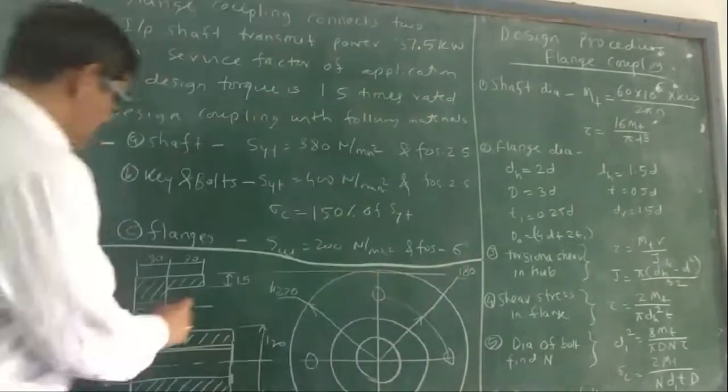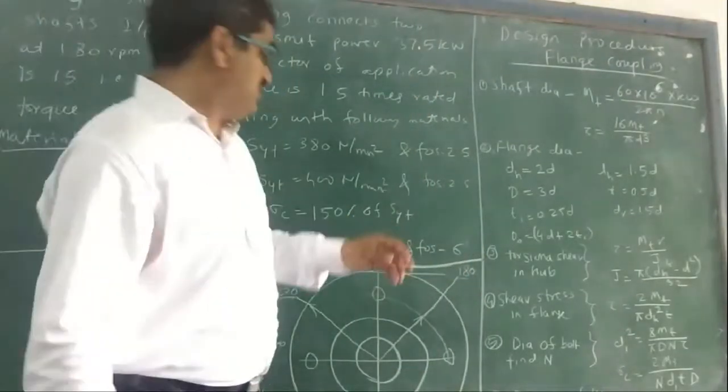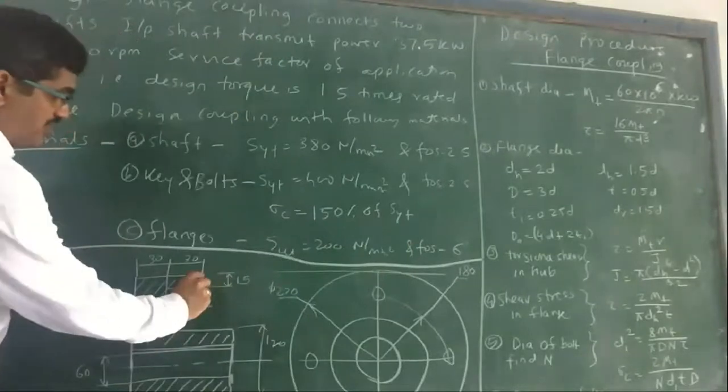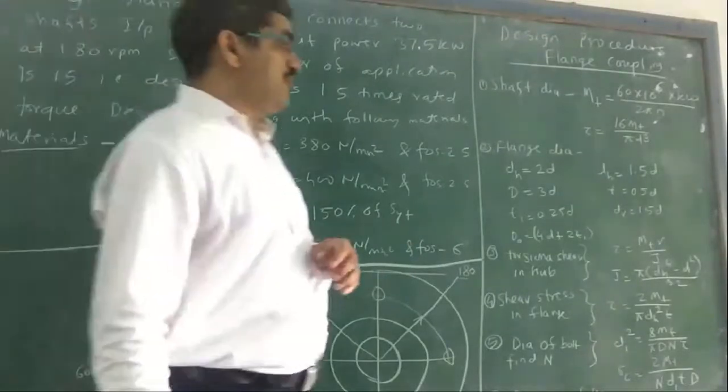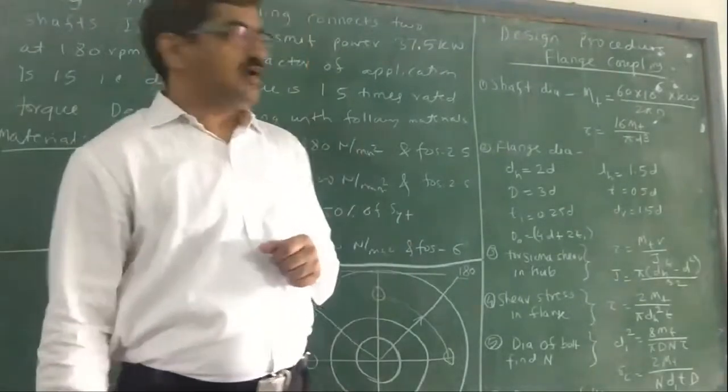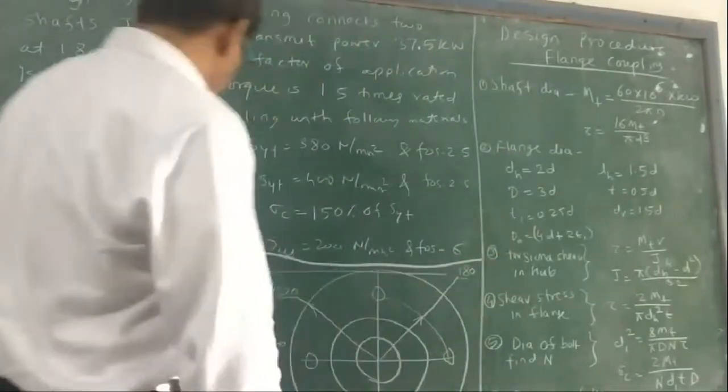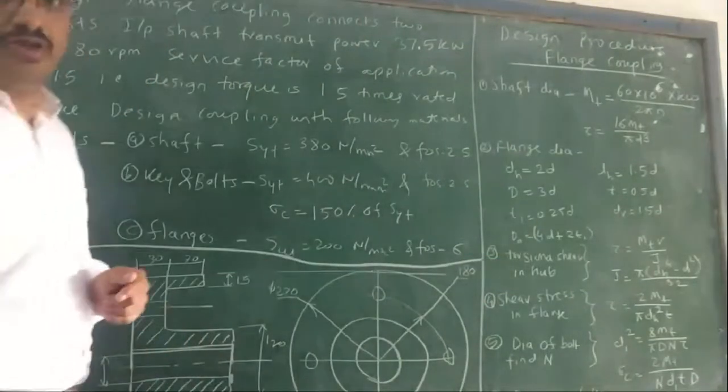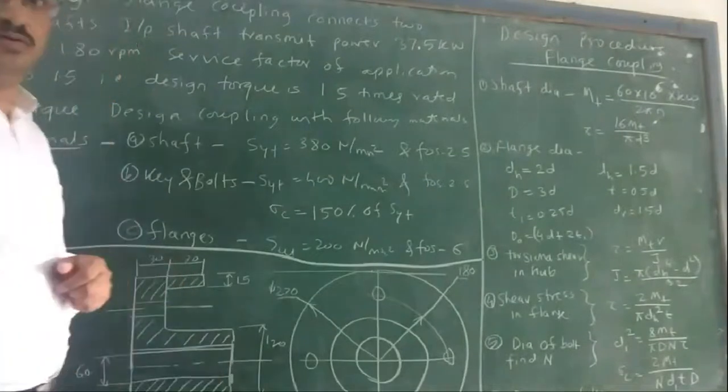This thickness, this part, right? T1, this thickness of the protection. This T1 will be 0.25 of D, meaning one-fourth of the diameter D. So here I have taken a sample, and we are going to use it in our example numerical.